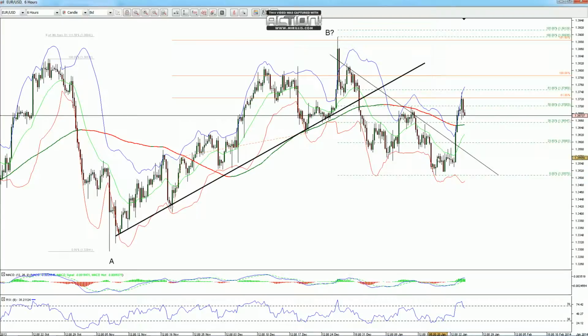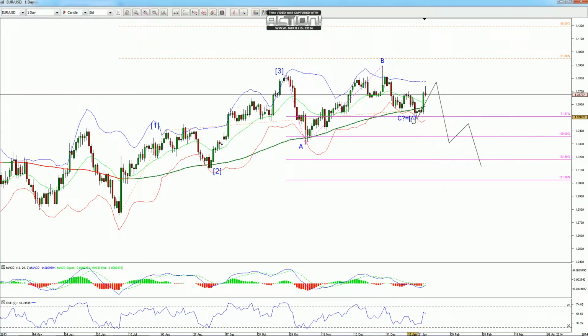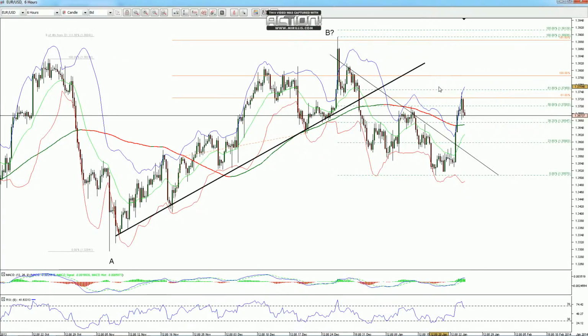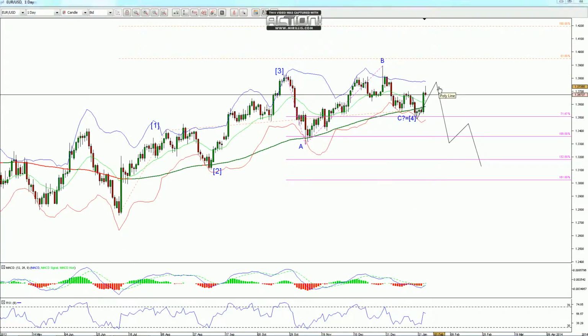Okay, so either we have 1, 2, 3, 4, and 5, or the market may finish it, make a correction and do another move to the upside. Okay, but this looks like quite a strong move. So this could be a new impulse to the upside. Okay, the final fifth to the upside. Yeah, but we will know it when we will know